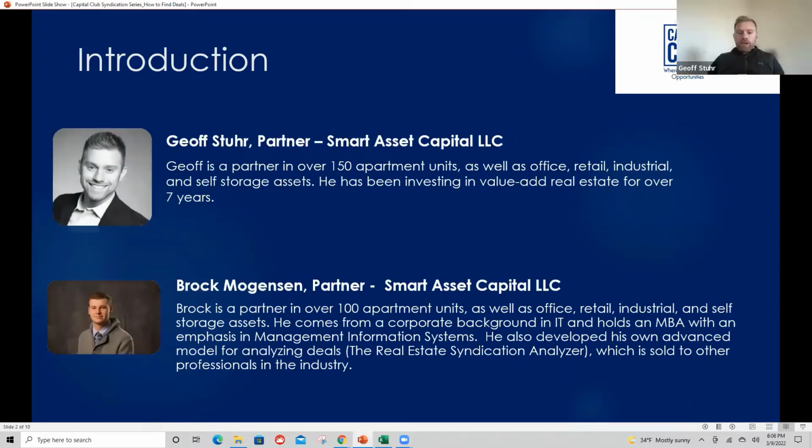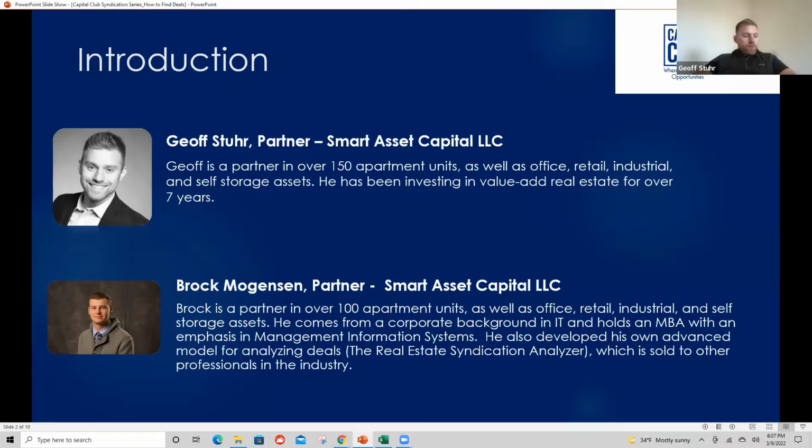Just by way of introduction, we've been doing this for a while. I'm not going to read off any of the slides in general. That's just not my style. But I've been investing in real estate for 7 or 8 years now. I've come full cycle on a number of properties, smaller properties.